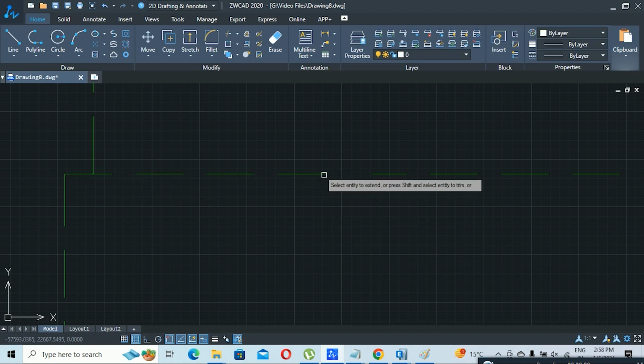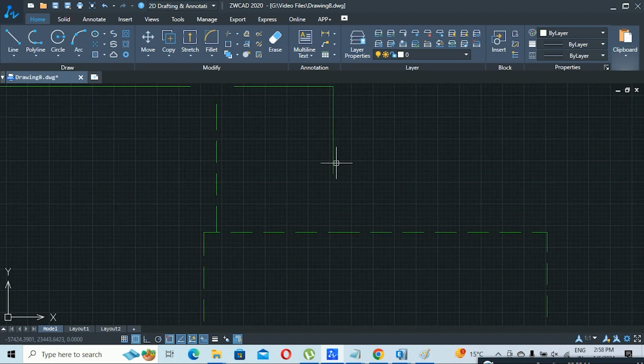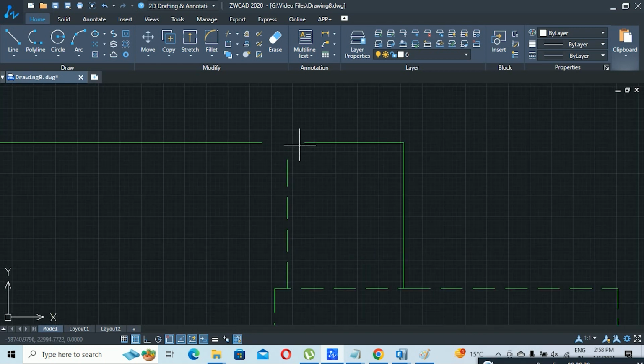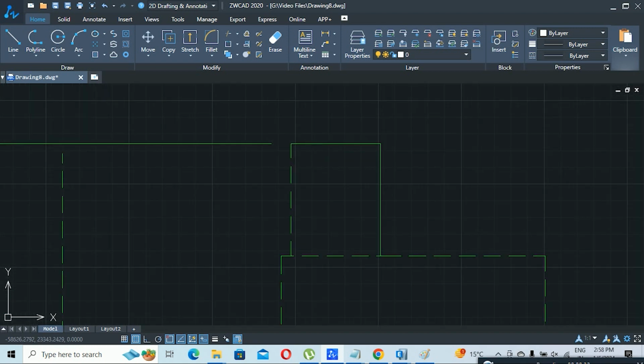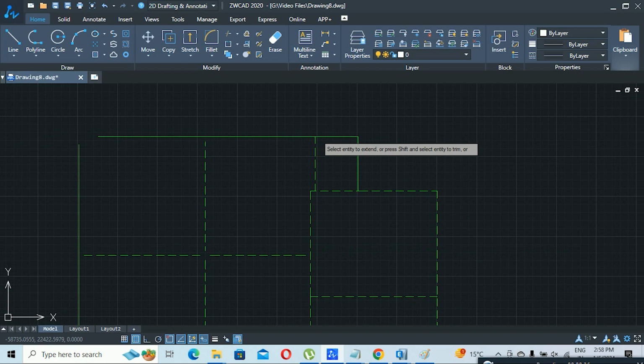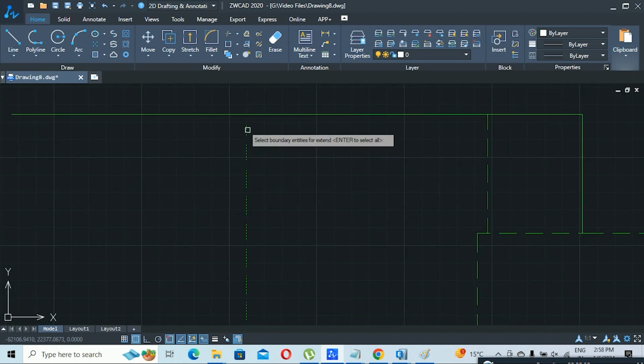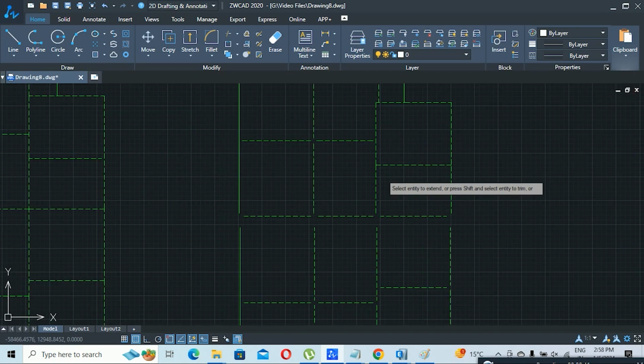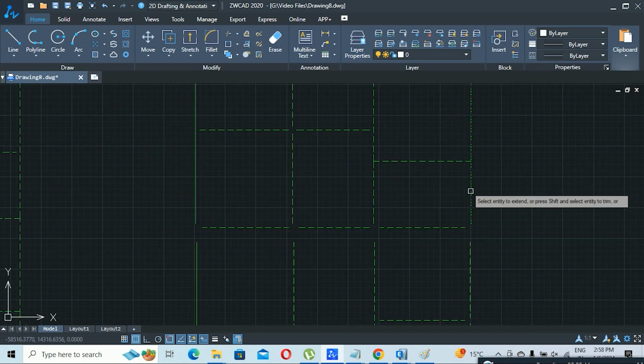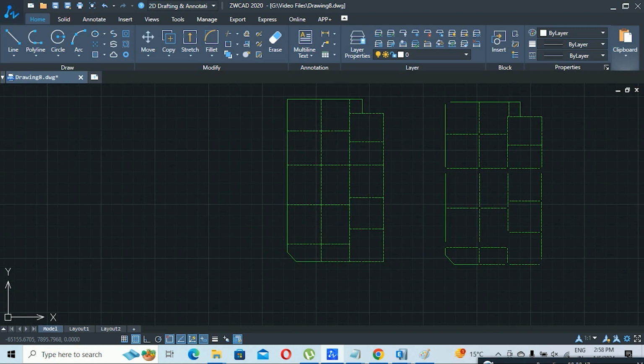Ex, enter, enter. So select the line and stretch to this location. And now for this line, Ex, enter, enter. At this location, join the corner, F, enter. Don't need to type R again because we have already entered the value for R. So select only the first line and second line. And for this line, Ex, enter, enter, enter. Similarly, we have joined all the edges and corners of this plan, and after that it will look like